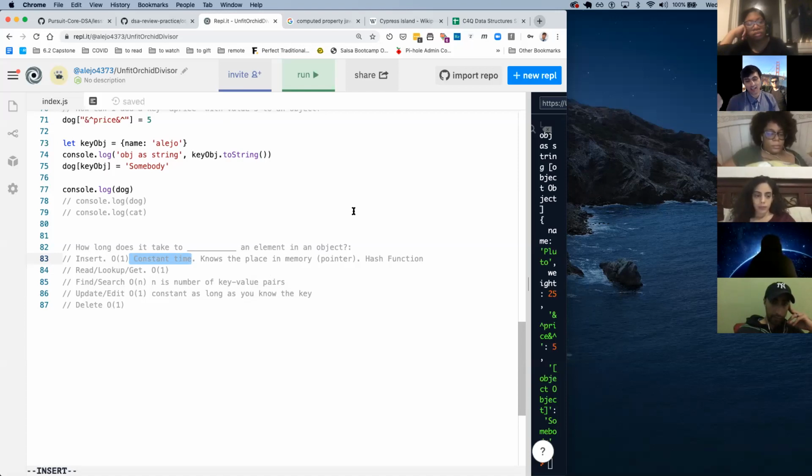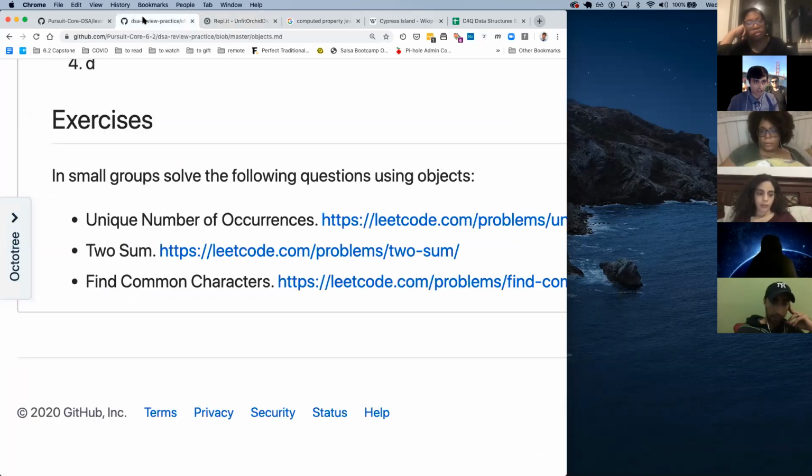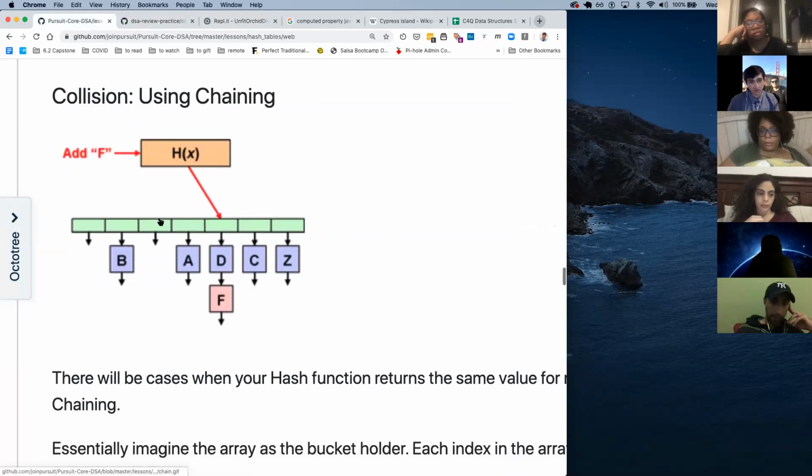If we have a function that is not a very good hashing function, where we get a lot of collisions where multiple values map to the same index or to the same place in memory, then the insert speed can be affected. And this is what we have in here,